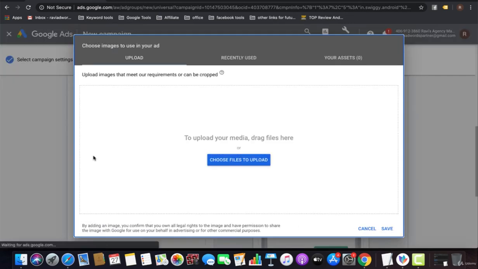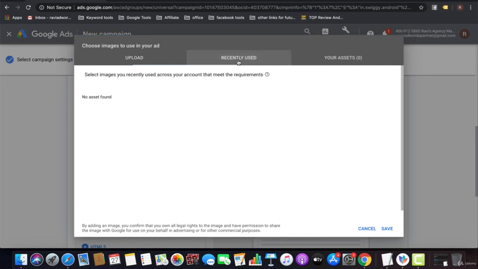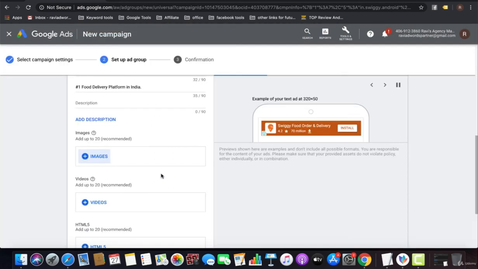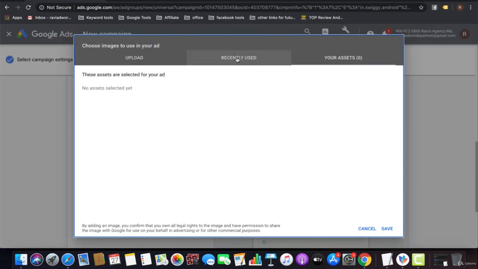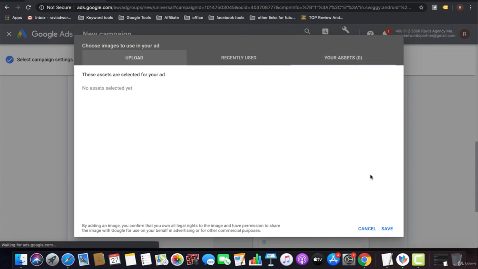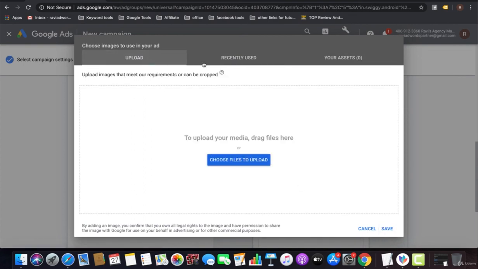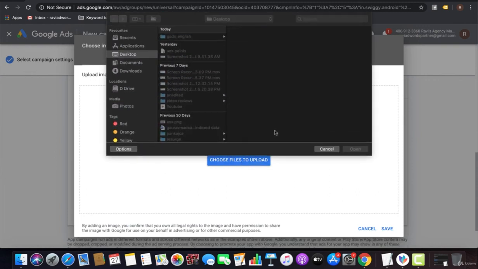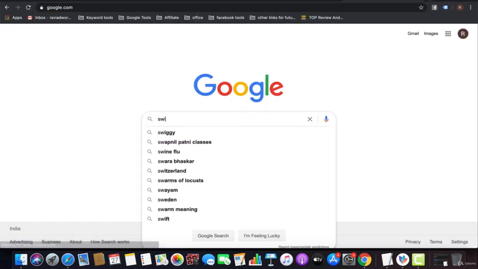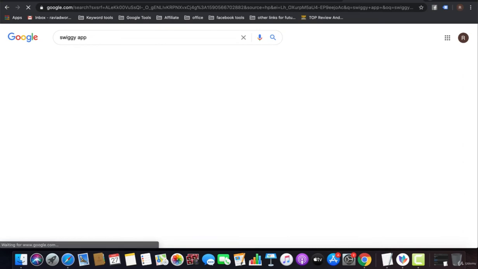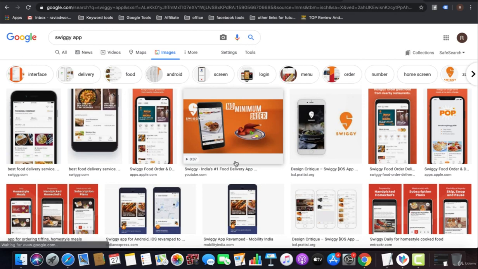Now you can select the images as well. I'm going to download the Swiggy app image, and I'm going to select that image to display my campaign.